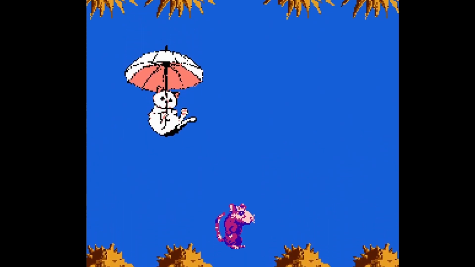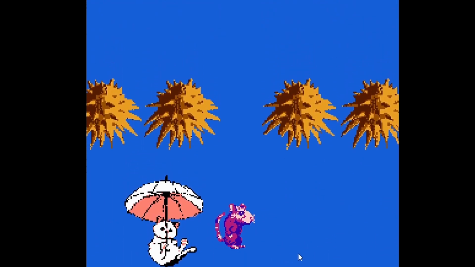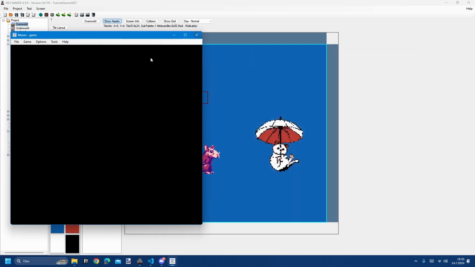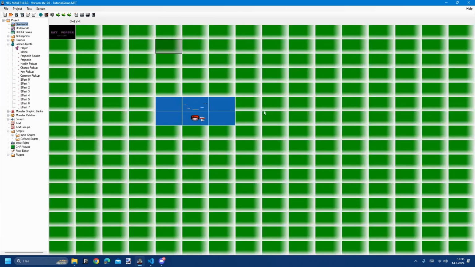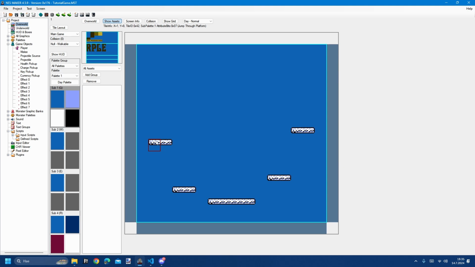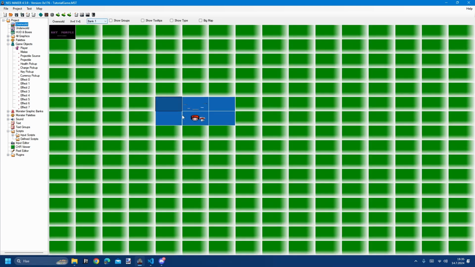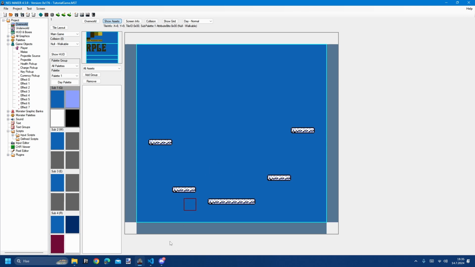The screen is a bit empty. There are no platforms here. You can maybe remember we had those platforms in this screen, and these are background tiles, so we can't use them because they would also fall down with the player. So what we are going to do is